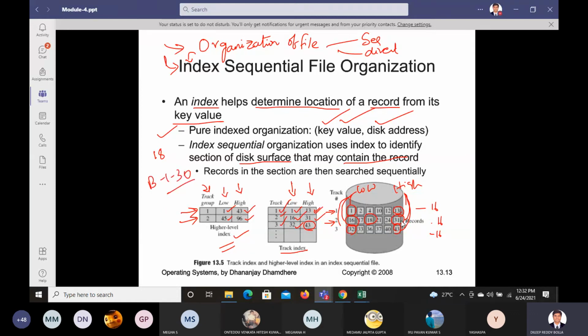That's all we'll write. We'll not write 1, 2, 3, 4, 5, 6. 1 to 30 is B1 and B2 is like 31 to 60 for reference. So this can be your track 1 and this can be track 2. This file is good enough to understand; this is your attendance sheet, let us say. Like this we are going to have the indexing, track indexing, and we have the sequential tracking. This way we can organize the files.